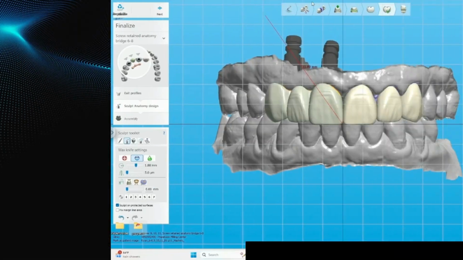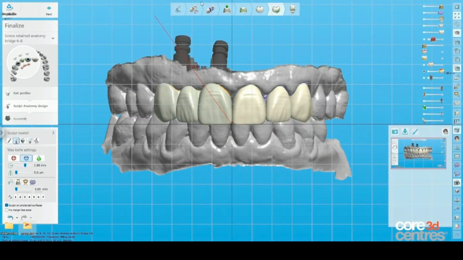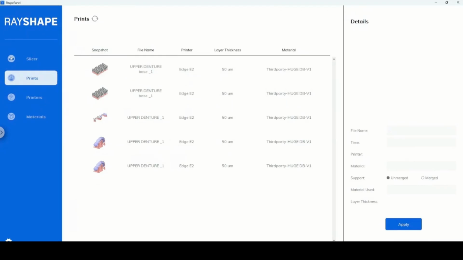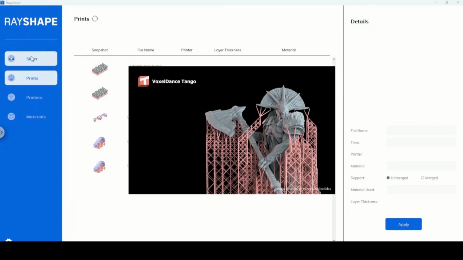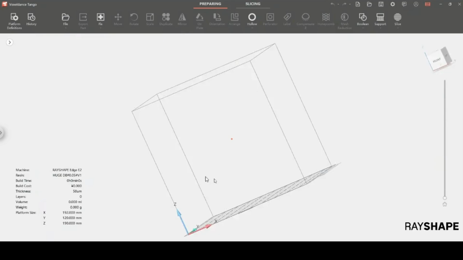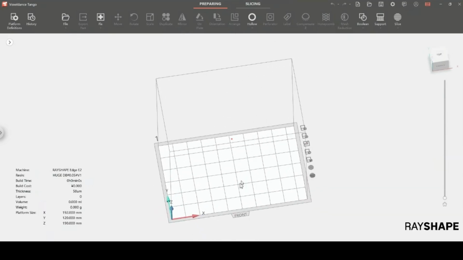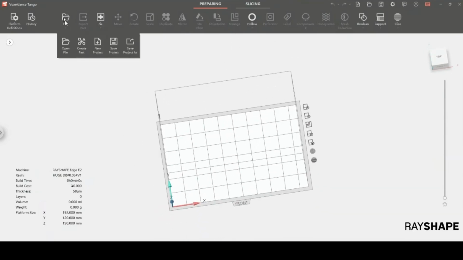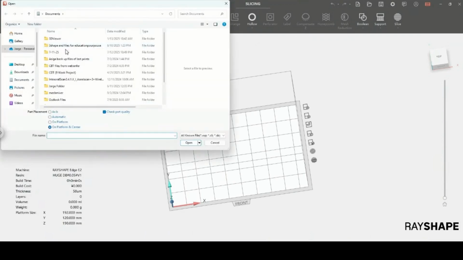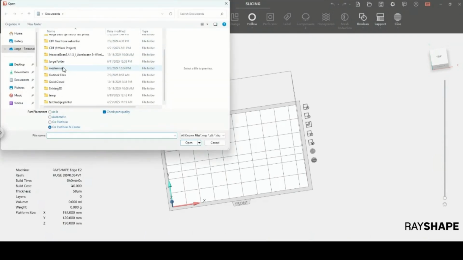Let's get started. First off, we're going to be opening the Rayshape panel. Then we'll be clicking on Slicer. After that, the nesting software will turn on. Then we will click on Open File, and on Open File, we'll be looking for the file or the folder where we are downloading or uploading our